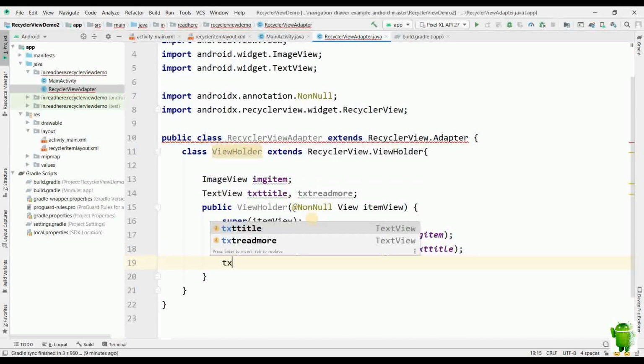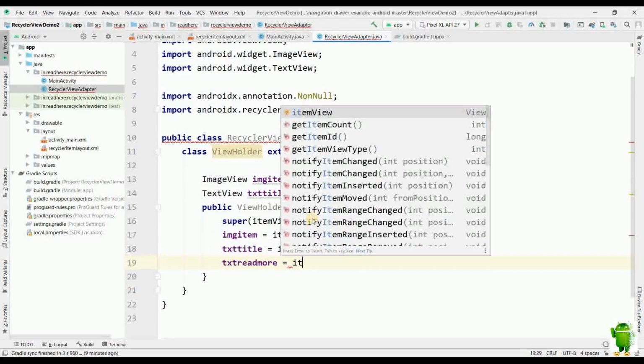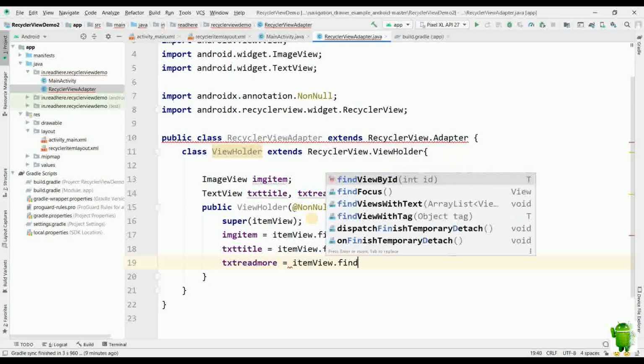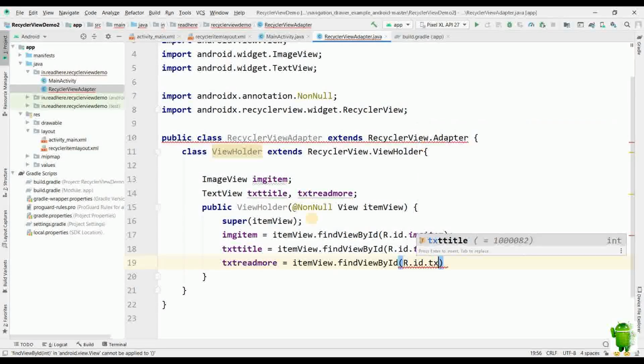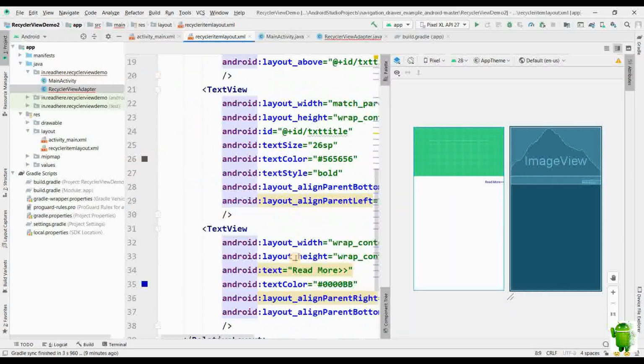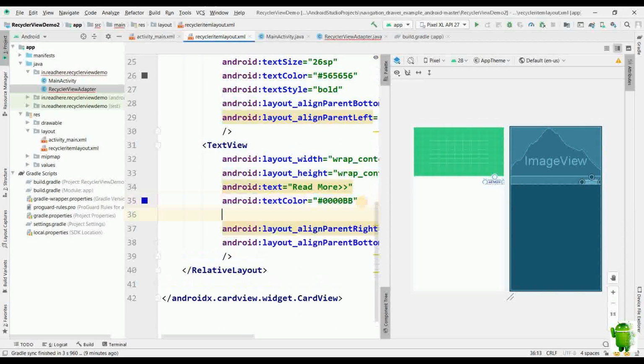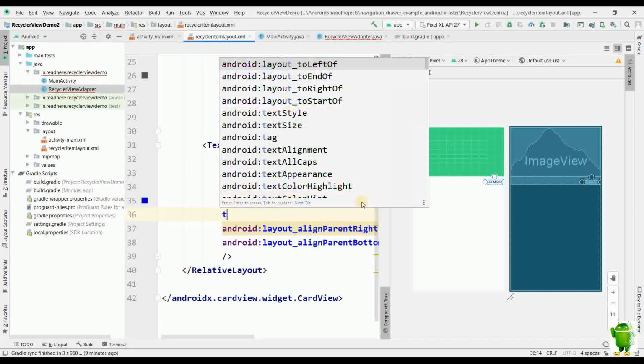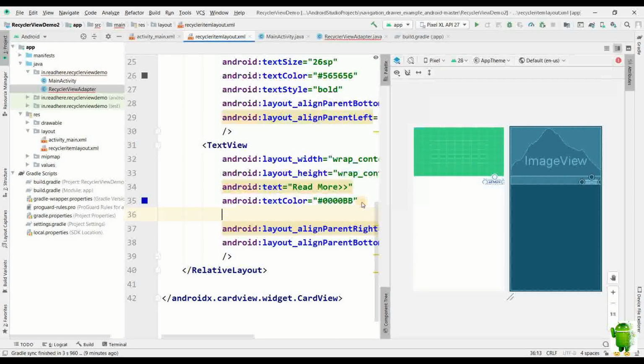We'll now initialize txt read more with find view by id r dot id dot. We haven't created the id for that, so we'll first write down here the id txt read more, and then we'll quickly move to the layout file and create our id in the read more text view as at plus id slash txt read more. So it is fine now. There will not be an error in the adapter class now.